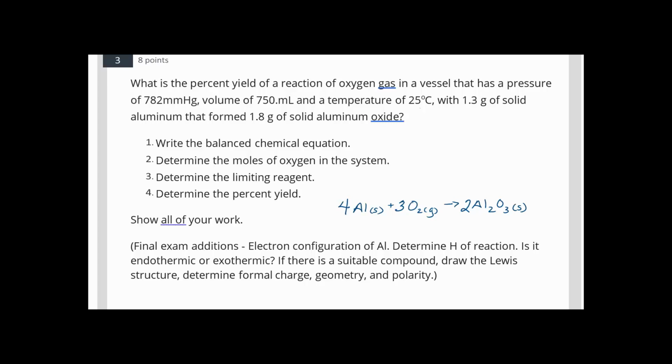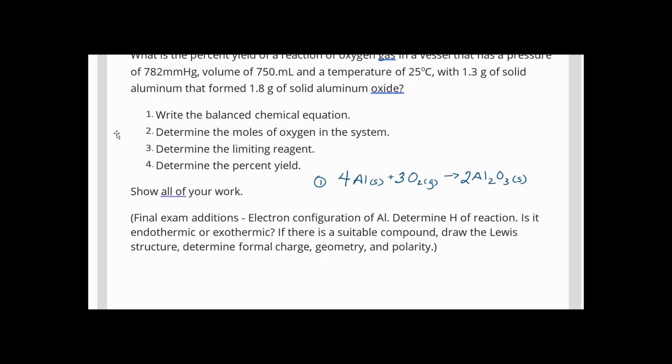So now we need to determine the moles of oxygen in the system. So this is number 1. To determine the moles of oxygen, we need to use the ideal gas law. So for number 2, this is going to be PV equals nRT. Let's gather our variables first. So the pressure is 782 millimeters of mercury. I'm going to need to convert that into atmospheres, and I know I need to convert that into atmospheres because our R value,